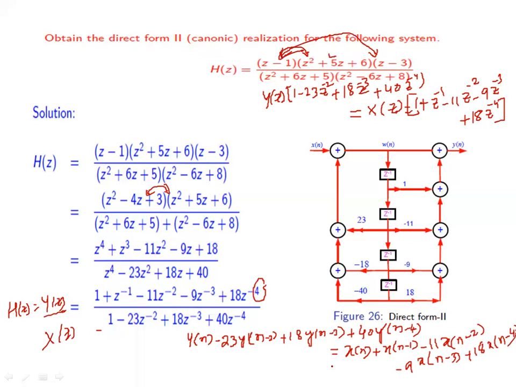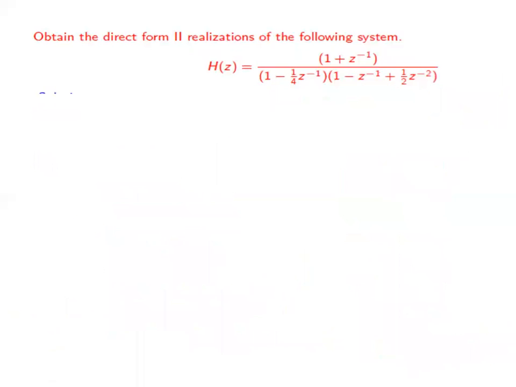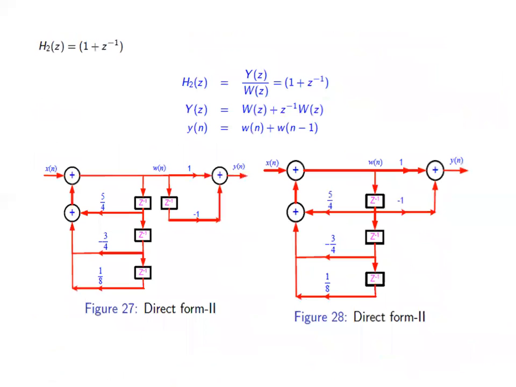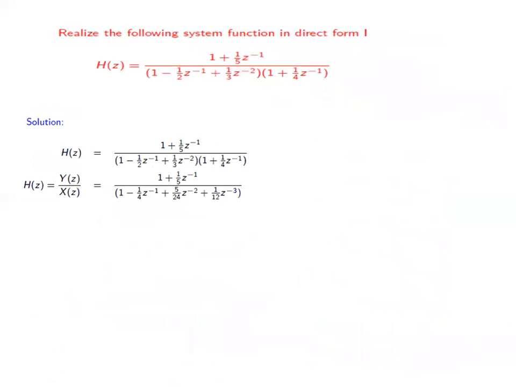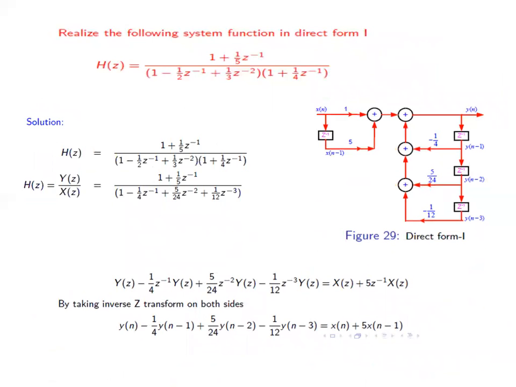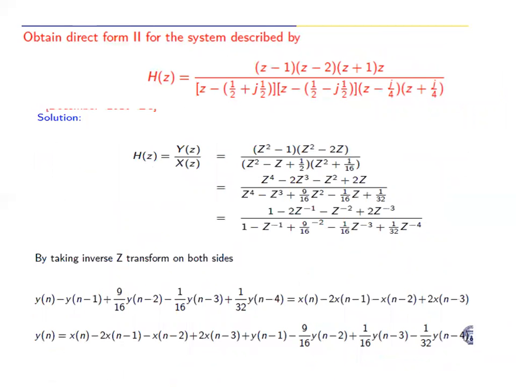Now this is our difference equation and we are realizing it this way. That's how we convert the transfer function into the difference equation, and then we realize it in the direct form 2 implementation. So that's all about direct form 1 and direct form 2 implementation for the IIR system. The same procedure we have to follow for this. For direct form 1, we have seen many examples on this. You can take this as a practice example and solve these examples.